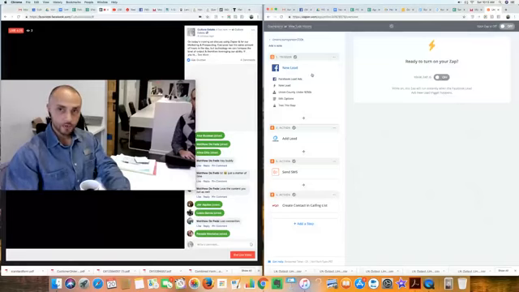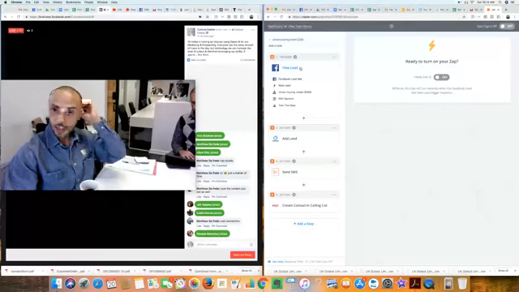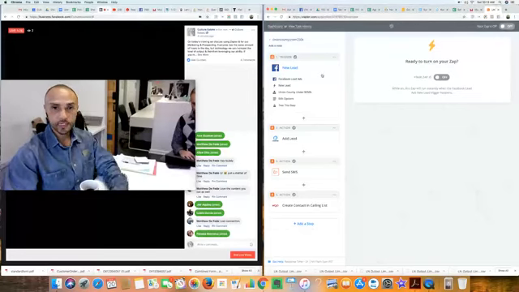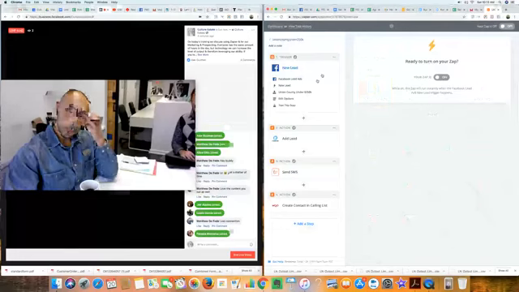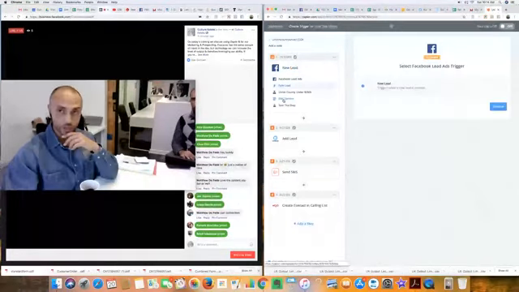So the first thing we're going to do with Zapier is tell Zapier that we want to take all the leads from our Facebook ad, from our lead generation ad, and then take that information from there, put it through Zapier, and it's going to look something like this. Okay? It's going to have you run through these steps first to make sure everything lines up correctly. So first thing it's going to do is ask you, okay, this is going to trigger when a new lead comes in